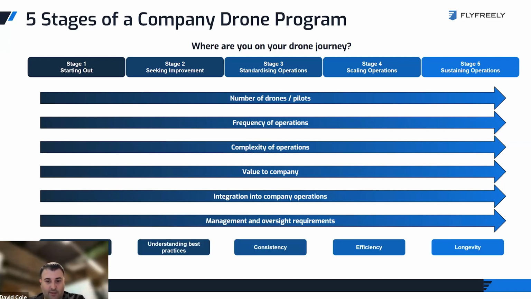So, to summarize, if you had to put a couple of words against each of these stages: stage one, typically just trying to validate a use case. Stage two, you're trying to learn as much as you can about what's best practice, what the compliance is like. Three is typically you're trying to drive consistency across all your operations. Four, you've now got a lot of operations, so you want to make them as efficient as possible. And then five, you've now done all this good work getting everything set up. How do you keep it in place? So that's a really rough overview of the way we've set up this particular framework.